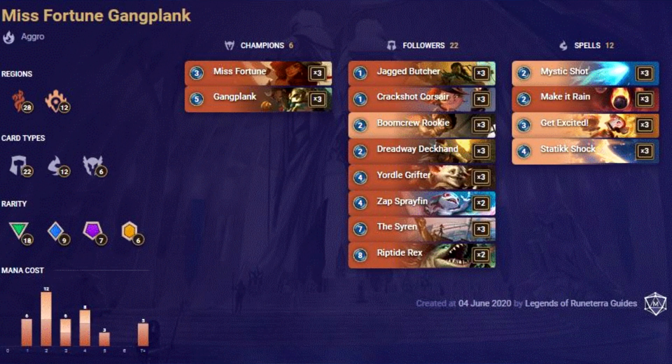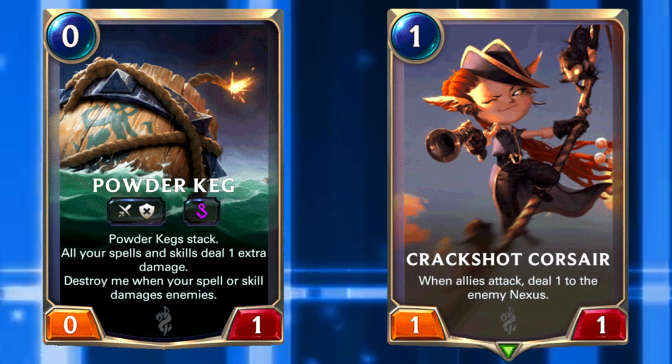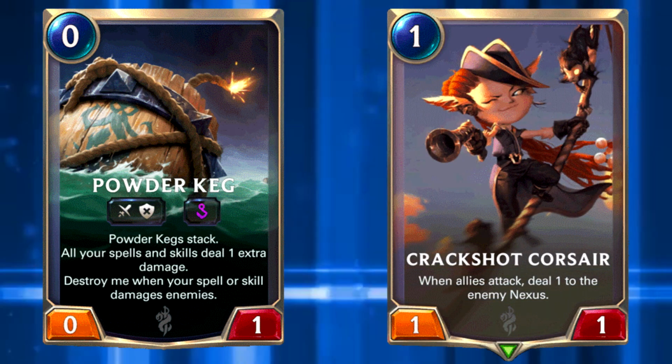This deck is very similar to the previous Gangplank deck, but features support from Misfortune and Piltover and Zaun instead. It is very aggressive, with 24 cards costing 3 or below. Setting off power kegs straight away with Crackshot Corsair's ability will allow you to hit the Nexus for extra damage